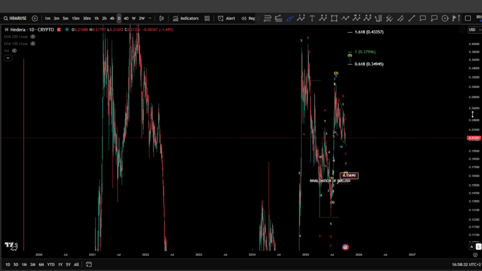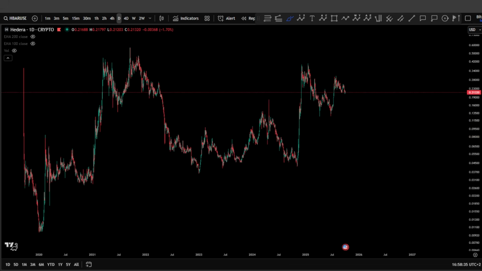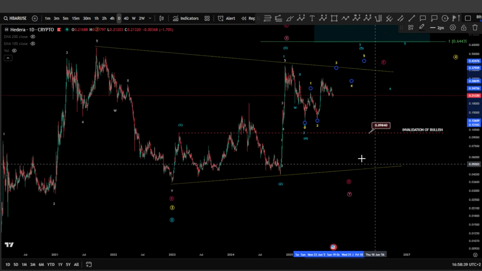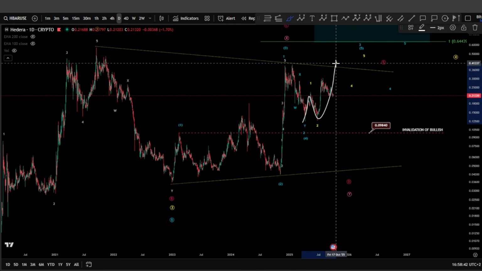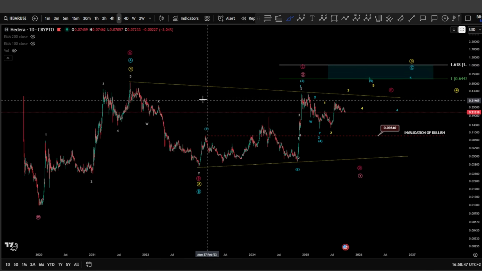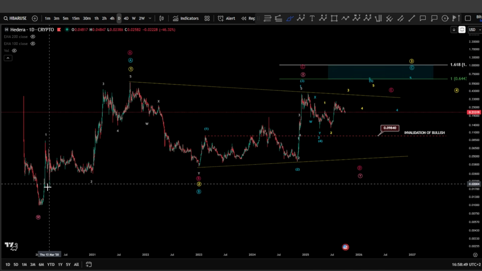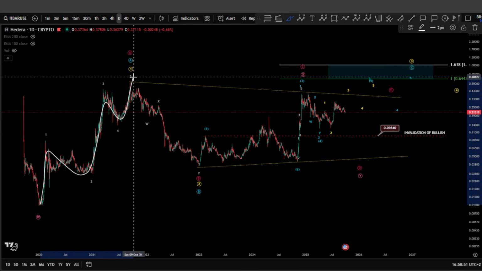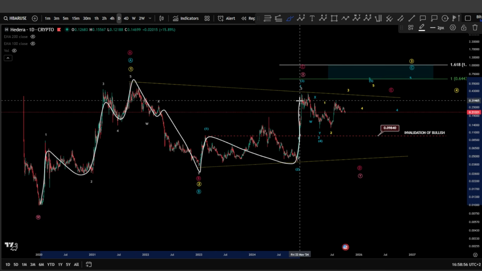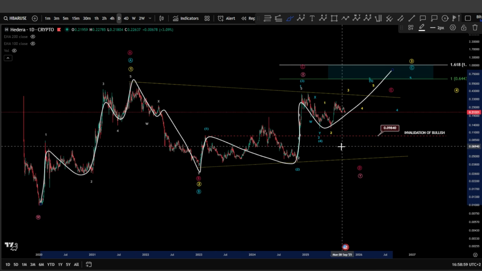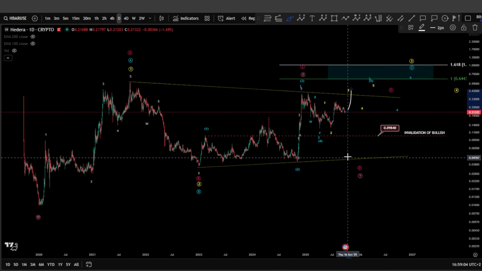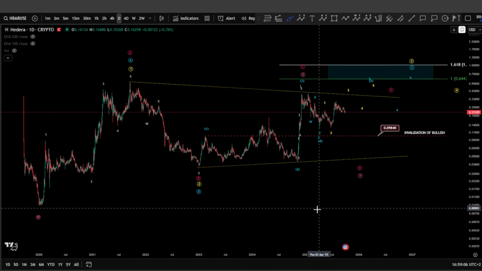Back to the daily a little bit, to see what the situation might be. If we get a wave 5, this wave 5 might be your wave 3. Meaning 1, 2, 3, and then 4 and a 5 toward the upside. The blue box is still in target, which might be your all-time high. Since we have an impulse already for wave A or wave 1, we have a deep correction. And this is your 1, 2, 3, and you're looking for this wave 4 to finish very soon. I would say once we start to see further higher prices, that would be the answer.